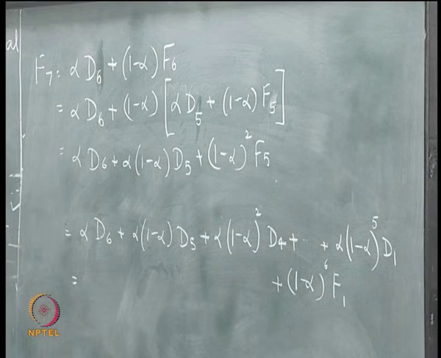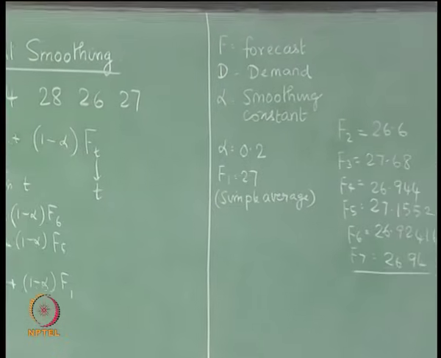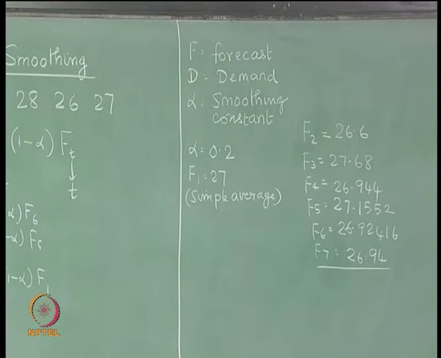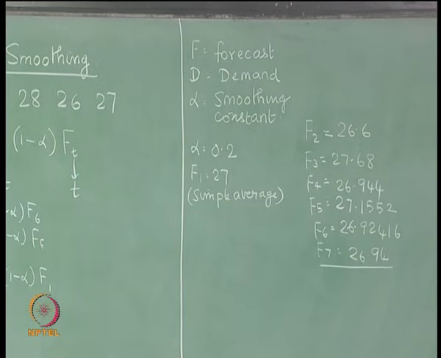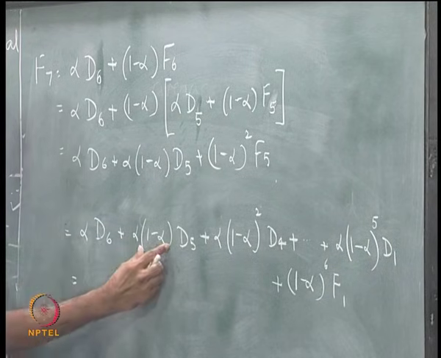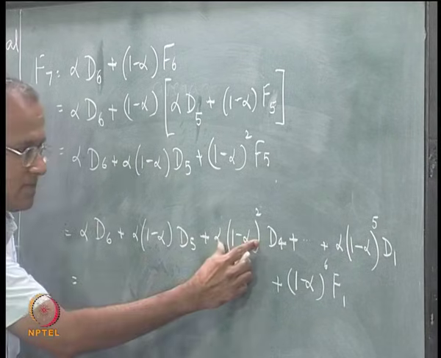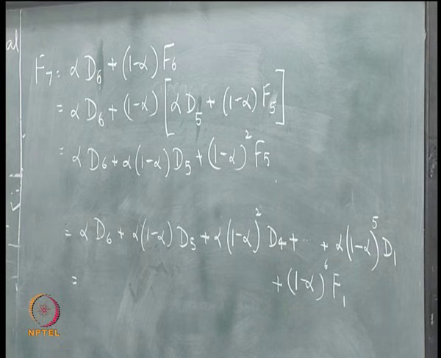I already mentioned that when we took alpha equal to 0.2, alpha is called the smoothing constant and alpha is a value between 0 and 1. So 1 minus alpha is smaller than 1. So alpha into 1 minus alpha is smaller than this weight, this is smaller than this weight, and so on. So we have progressively decreasing weights from the more recent data value, which is 27, to the past. So 27 has a higher weight, which is alpha, which itself is less than 1.